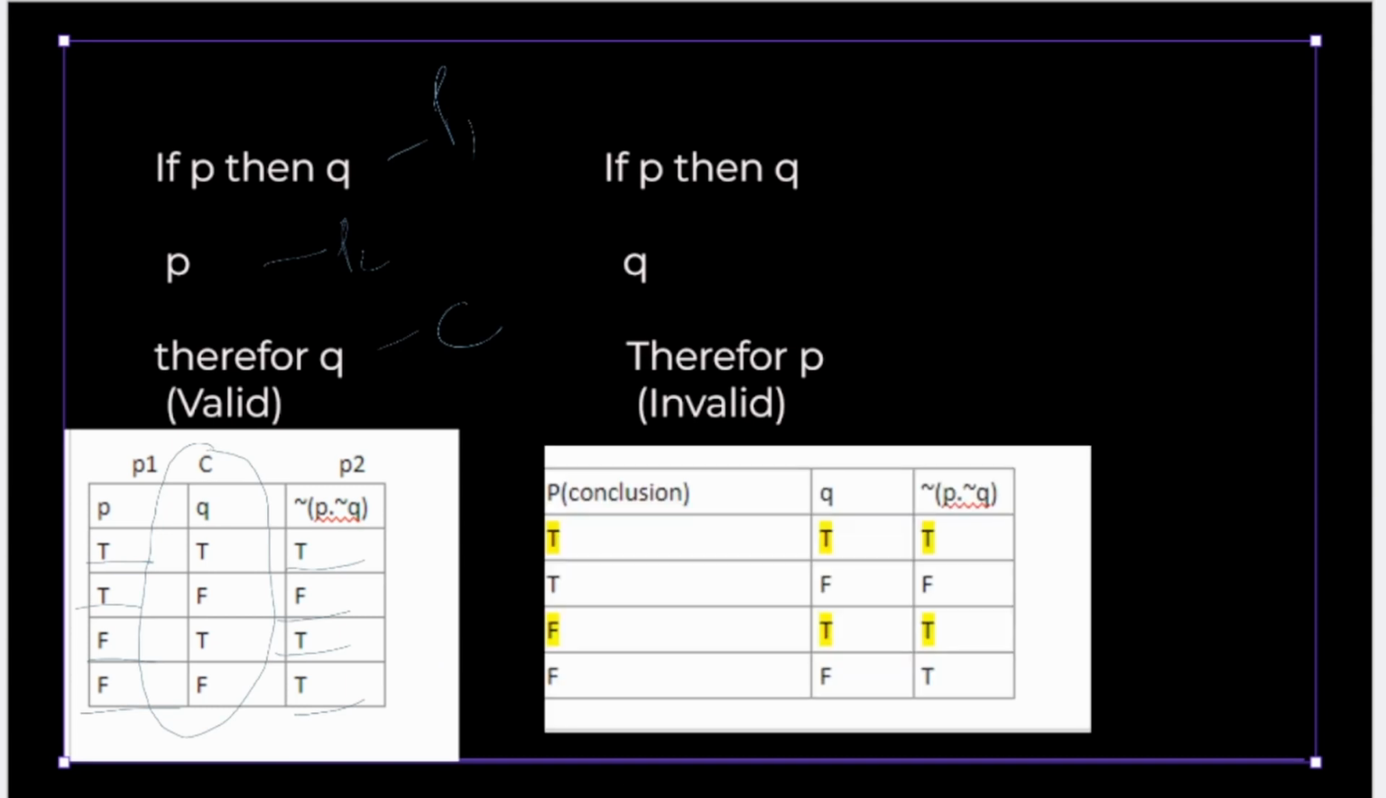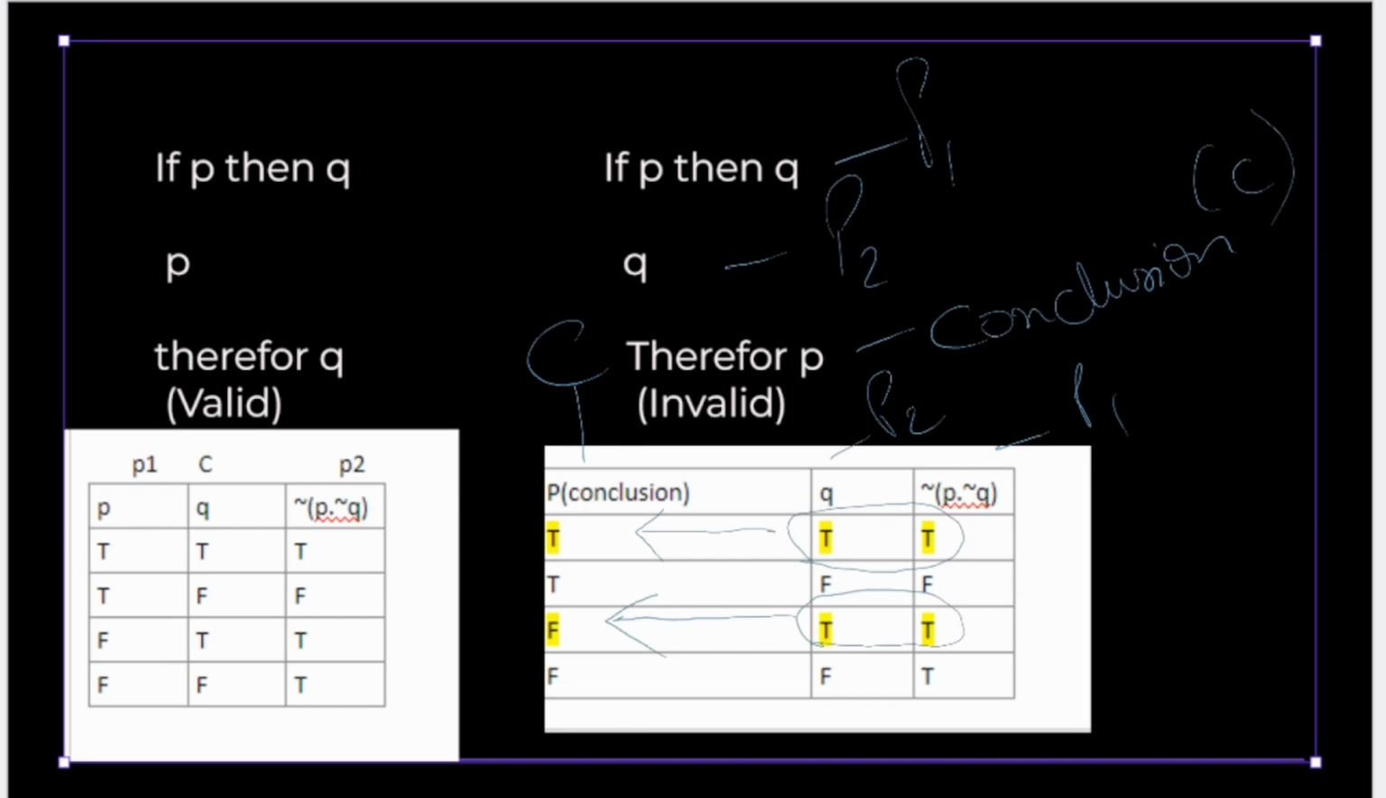But for the other one, it's pretty obvious when we try to draw the truth table. You can see that there exists an instance in which the two premises are true, but the conclusion is false. So for the same inputs, the possibility of two outputs creates this ambiguous nature